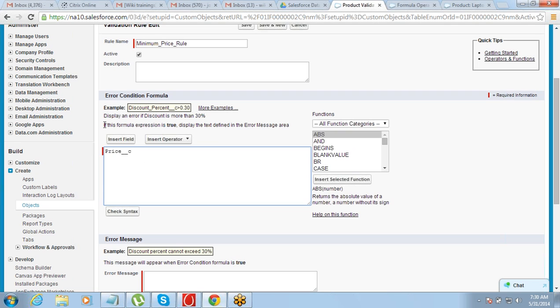Read this one, this will help you. If this formula expression is true, display the text defined in the error message area. So if price less than 100, throw an error. Price cannot be less than 50, sorry, we talk about 50.